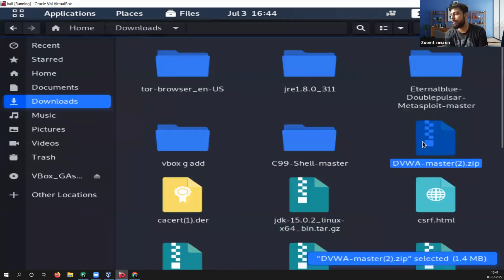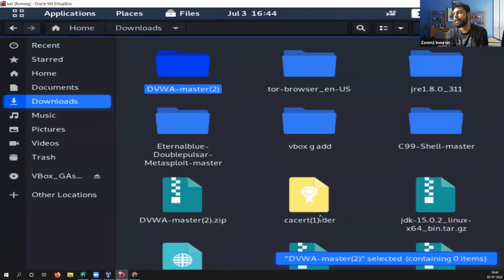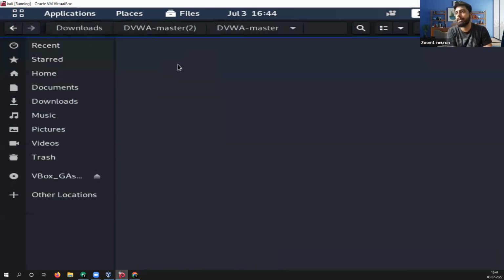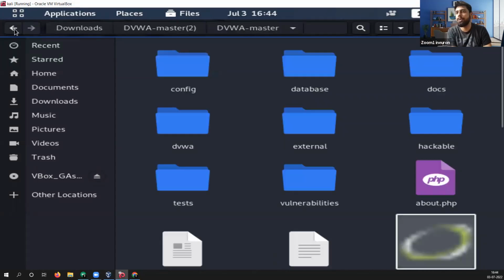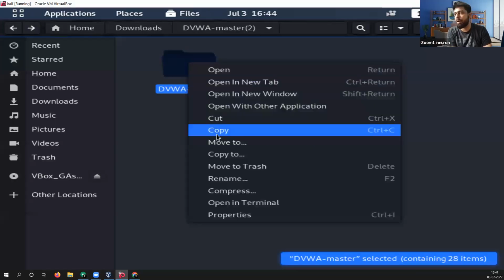Okay, so let's go ahead and try to extract this file right here. So you can see after extracting, this folder is right here, right? In dvwa, you don't have the var folder. You have the var folder in which I have repeated the directory twice. So make sure you go into the var folder, and there inside you have the www directory, or somebody help him in the chat. So if I'm going to copy this,